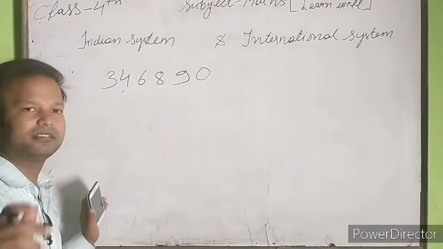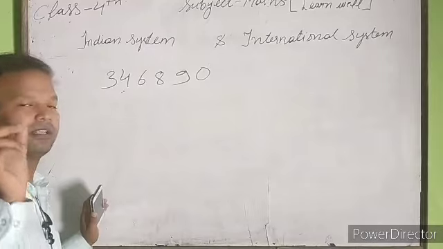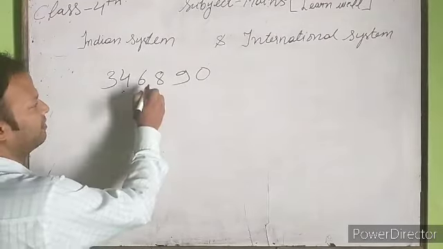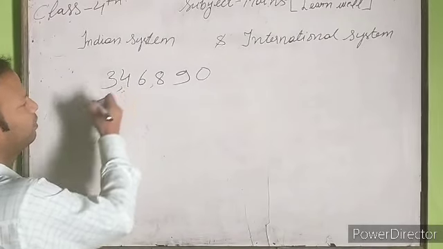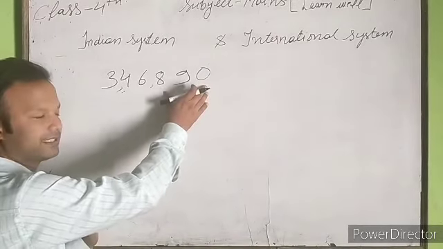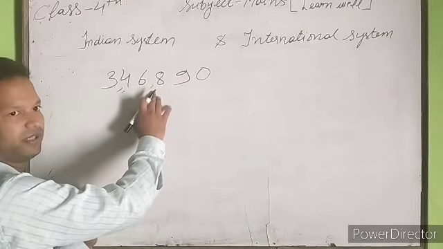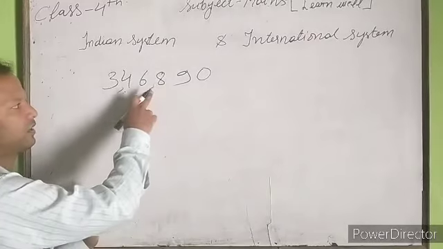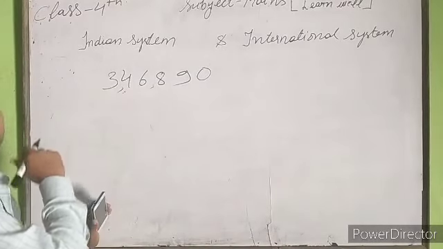Now how to put the commas in the Indian system? See, in the Indian system you don't have to remember anything. It's very simple. Just put the comma after the first 3 digits, then 2, and like this you have to go. At the start, you have to put a comma after 3 digits. That's the first period we call. So first put a comma after 3 digits, then continue 2, 2, 2 like this.